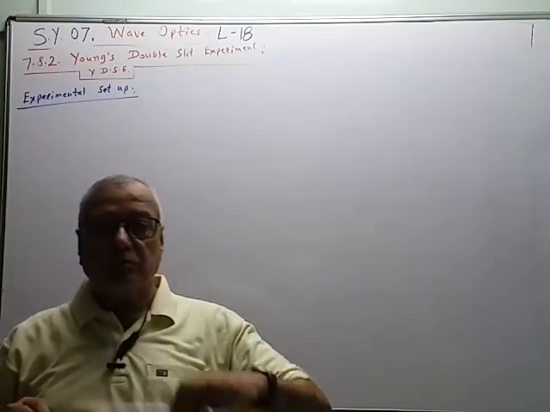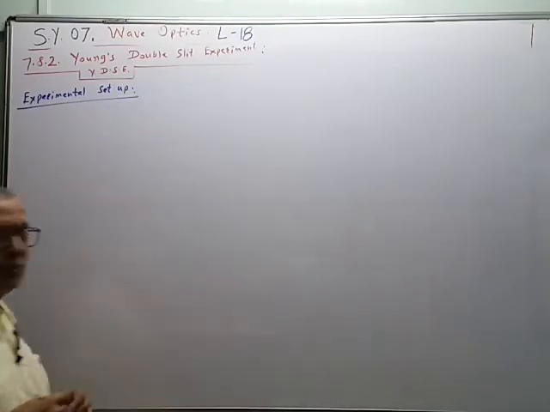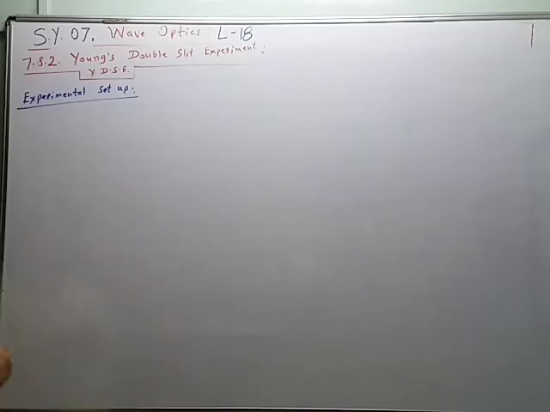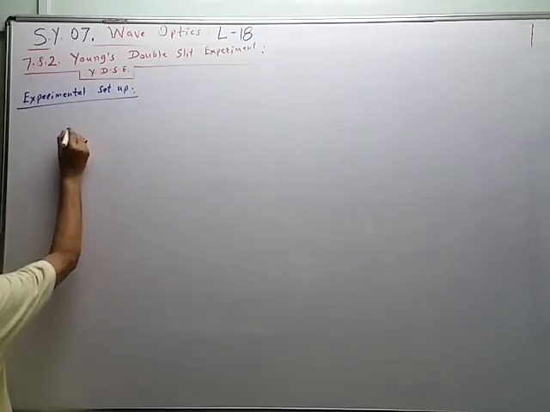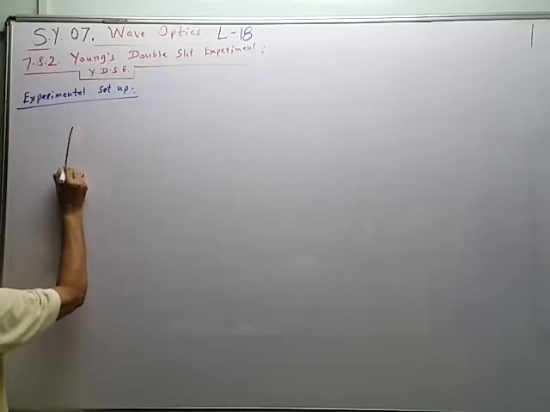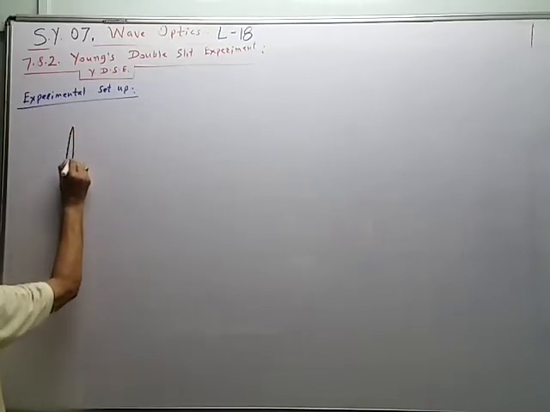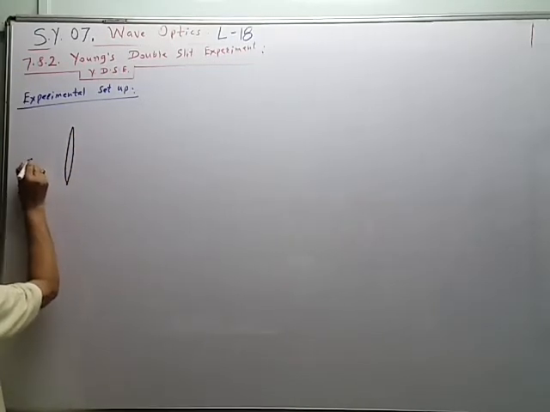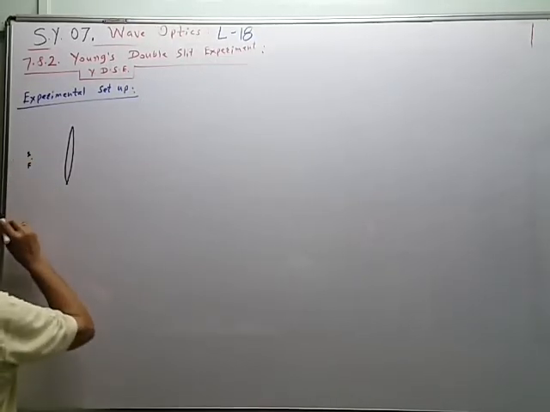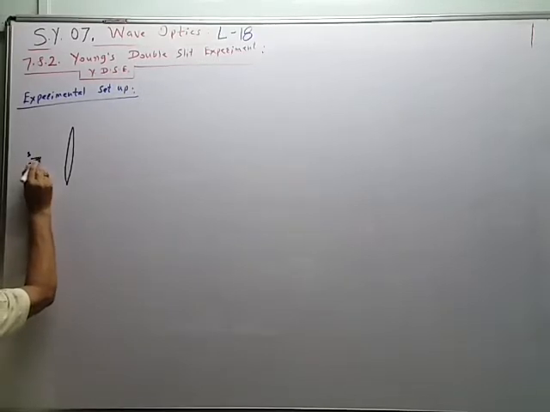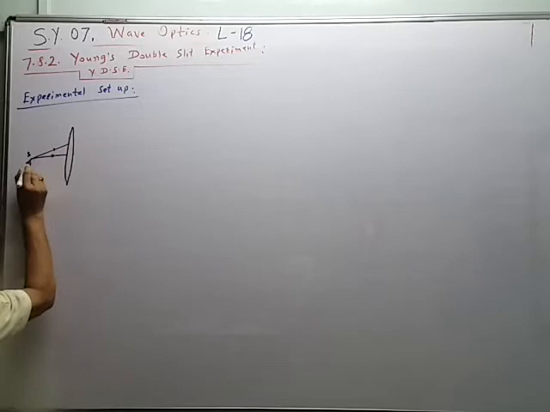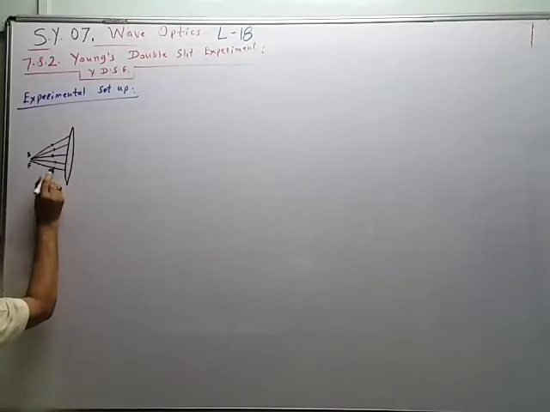Here we are using the plane wavefront, and we know that plane wavefront is obtained by this method. Suppose this is a convex lens of short focal length. At the focus of the convex lens, a point source is kept, so it will produce diverging spherical wavefront. So these are the rays starting from the source and they are incident on the convex lens